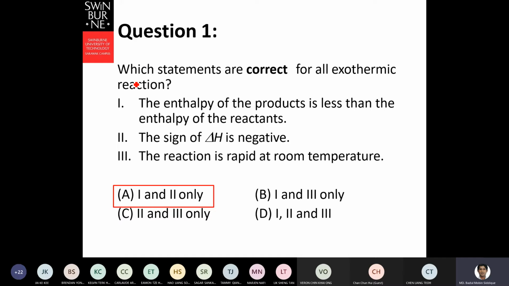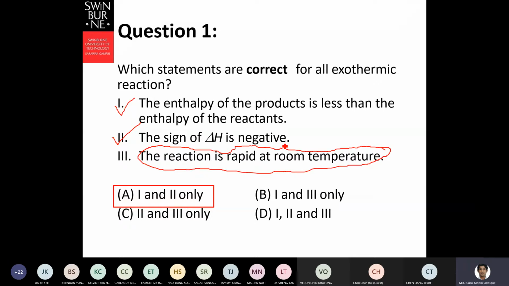For one equation, this is already given, and you know this already, but in the class we show it to the student face to face. The question says: which statement is correct for all exothermic reactions? The enthalpy of the product is less than the enthalpy of the reactant. This is true, and the sign of del H is negative. But the reaction is rapid at room temperature? Whether the reaction is rapid or slow at room temperature or high temperature